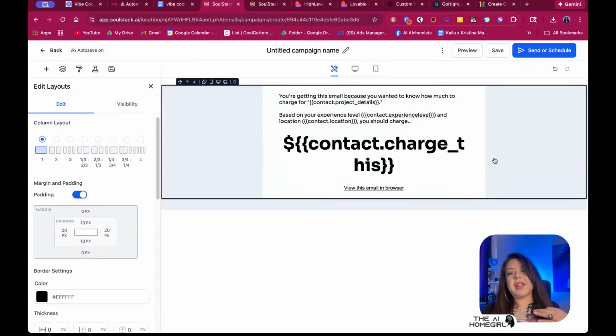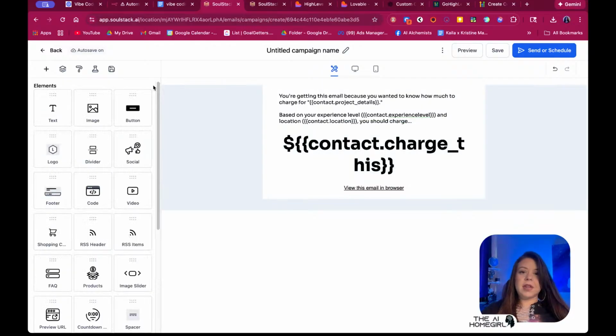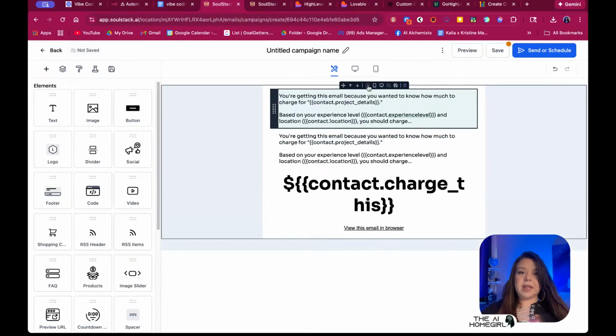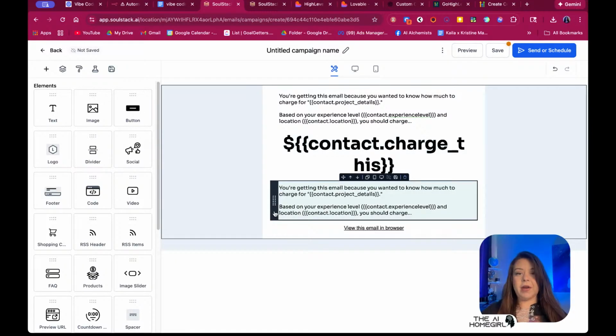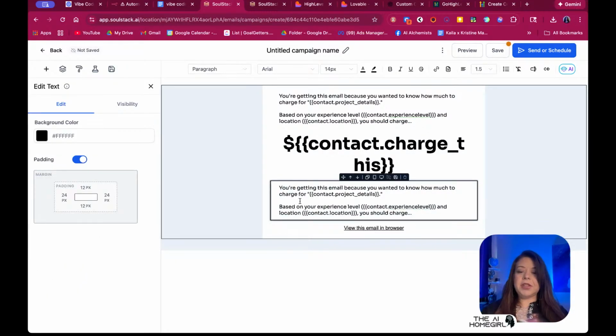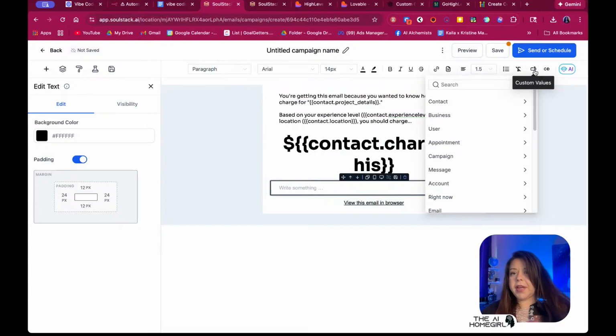You should charge, and then it'll pull in dynamically what they should charge. And then, I'm gonna duplicate this and bring it down here because it has all my text formatted how I like it. And then I'm just gonna erase, well, it's probably gonna default to Arial, so it didn't really matter. But I'm gonna put in the other values, which was,